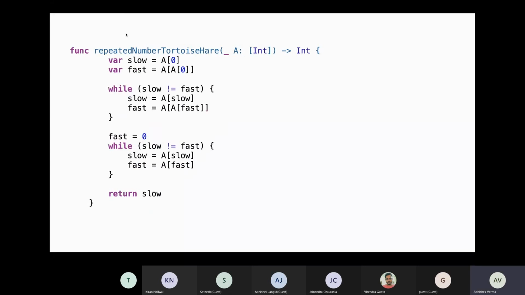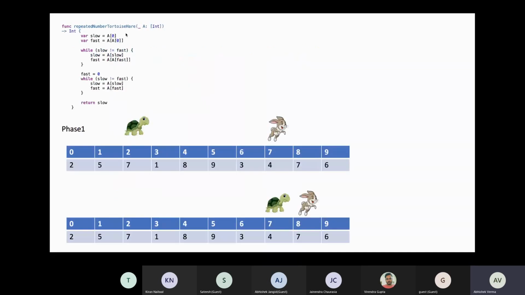If you are running in a cycle, means if you are looping in a cycle, and if somebody is running two times faster than you, he or she should be going to touch you at some point of time. So this is the assumption, and this solution is based on that. So first let's see how this